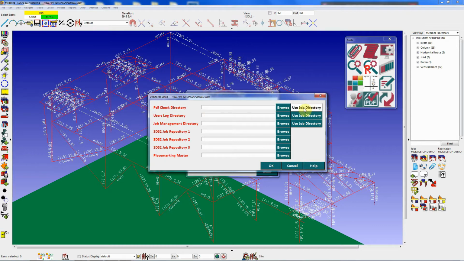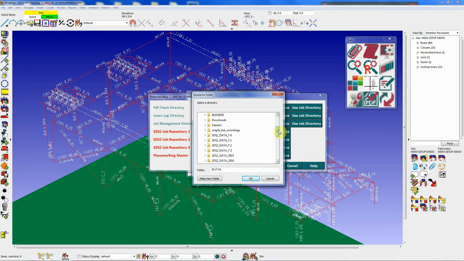We can just simply use the job directory. So in this case, a PDF check, I want to use wherever the current project is located. Same thing with the user log and the job management directory. My job, SDS2 job repository. So in this case, we have three options. So I'm going to select the default one where the